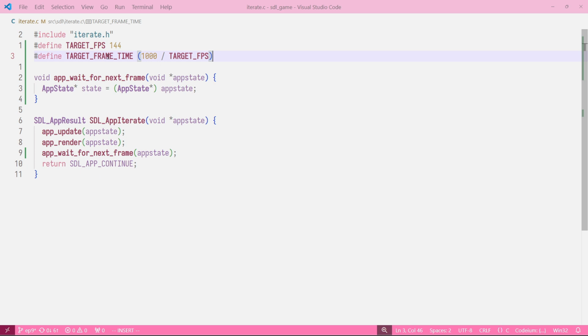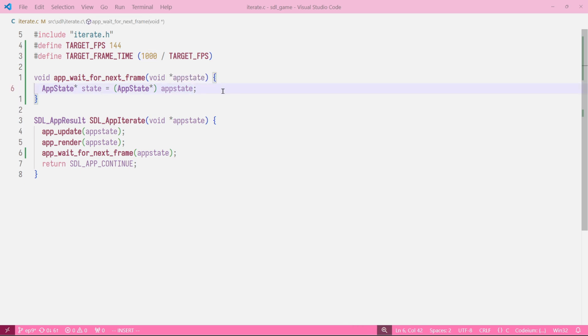Which basically is going to be every how many milliseconds we need to have a frame, so we can reach our target FPS. So we just divide 1000 by our target FPS, and we know how many milliseconds have to happen between each